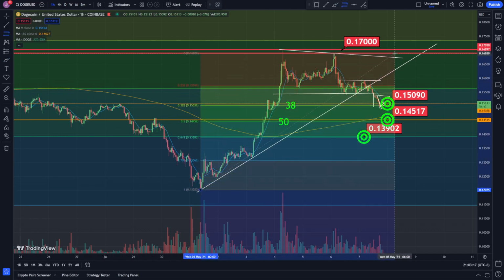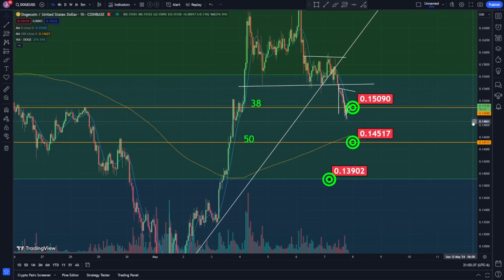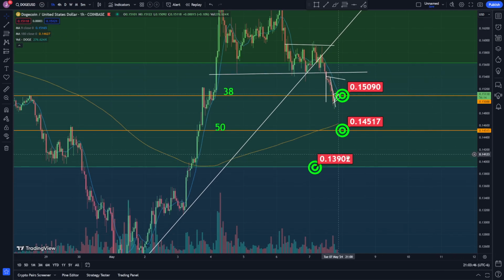So we drag from the bottom to the top, and then I'm watching the 38% level sitting at 0.15041 approximately, and then the 50% level sitting at 0.14465 approximately. I know this isn't drawn out perfect because it's a little bit different than the lines I have. Right here, the orange lines I'm actually looking at are 0.15088 at the 38% level, and then the 50% level I have is 0.14515. And then I'm also looking at the bigger Fibonacci retracement levels,